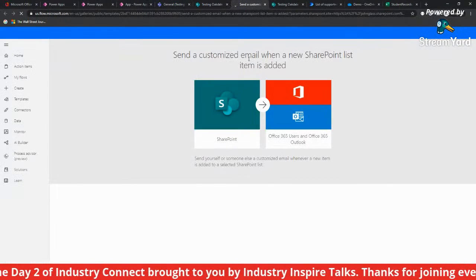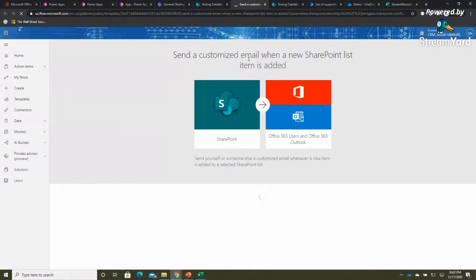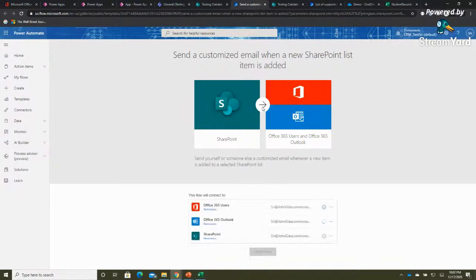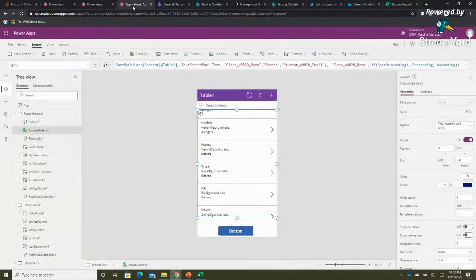And then I'll show you how that same list can be used for an app. And as soon as through the app I enter the data, I will get an email to say welcome. Like for example, when a student joins the school, you may want to send a welcome email, and that's the typical scenario I'm going to show you. Meanwhile, as this is getting sorted out, let's go quickly to look at that scenario.